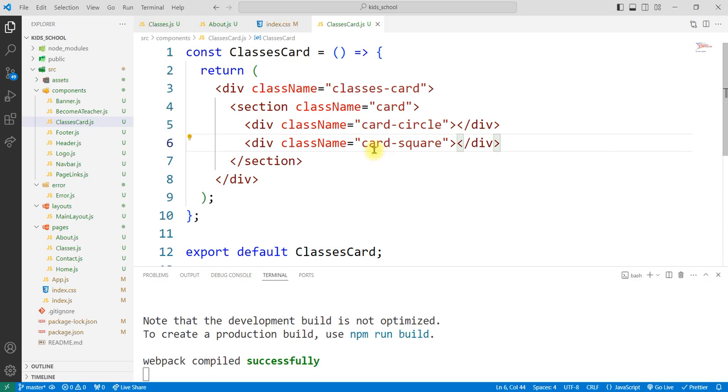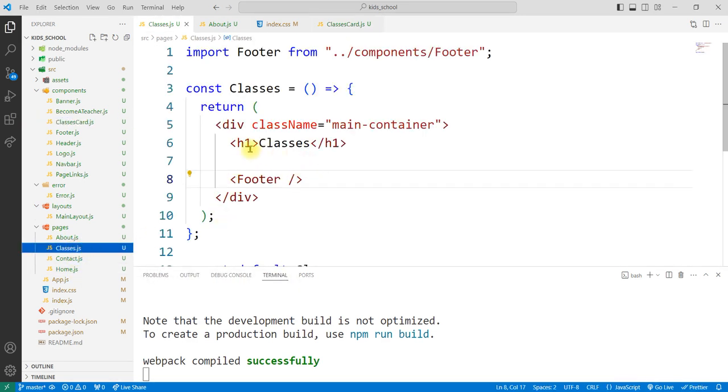So since it's going to be inserted in the classes section of the page, we can also style it. Okay, we can call it here and style it. So let us first of all insert it into the classes section. So below the heading of classes, let's go